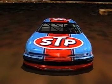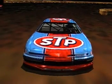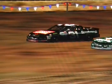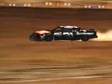Here comes the command to fire them up. Drivers, start your engines! And the engines are firing, and we are set to go now for the second 10-lap heat. As soon as the pace car knocks off on the pit road, the field will automatically get the green flag, pretty much a standing start, like we saw in the first heat. And here we go. And oh, Chris Dalton already spun